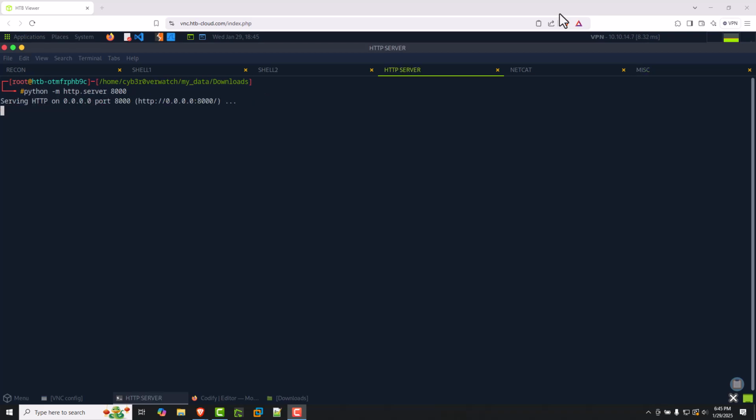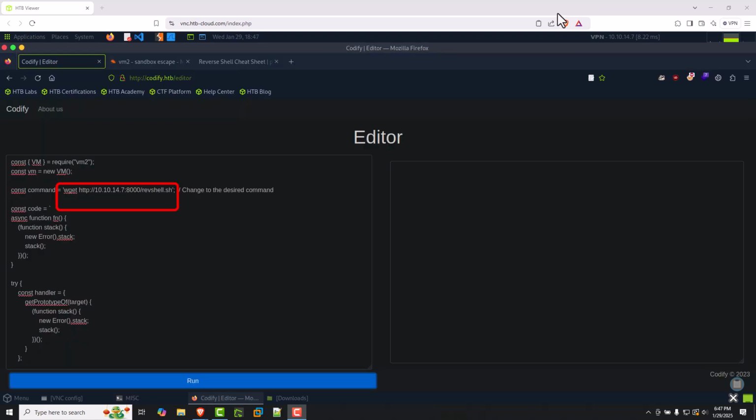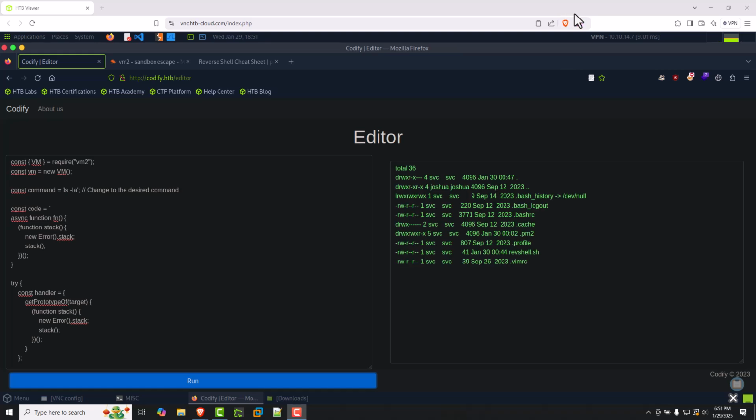Before attempting the upload, I needed to start my HTTP server. I ran the following command shown in the CLI. I ran the following wget command shown in the browser, and I did not get an error. I wanted to verify that the upload was successful, so I ran the ls -la command, and in the output I